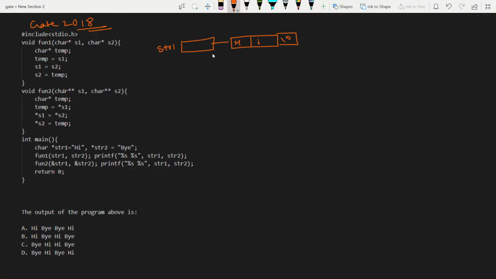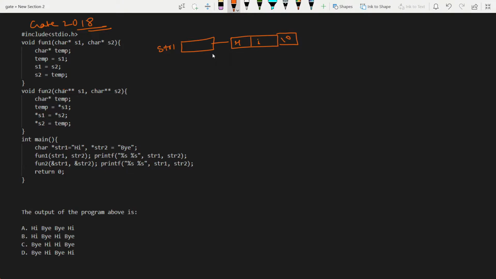This is an unnamed array, and it has a size which is just enough to hold this string hi, which is of length 2, and then the null character. This str1 is a pointer of character type, and it will hold the first address of this string hi.